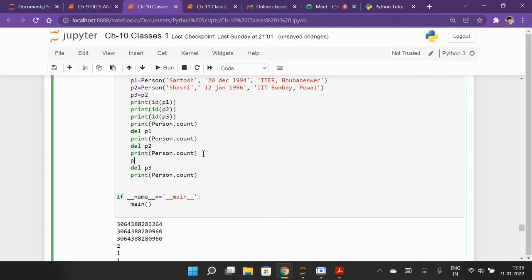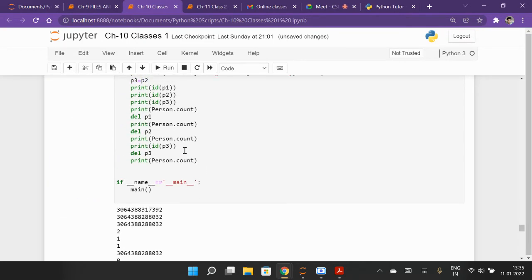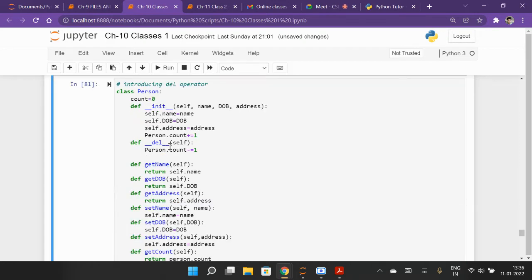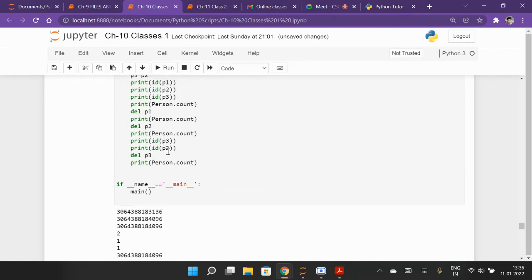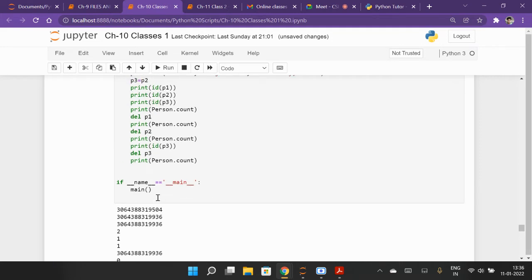Here, if you print, since P2 is deleted, it will create a problem, right? Because P2 is deleted, it cannot access P2, but P3 can be accessed, and you can see the ID.